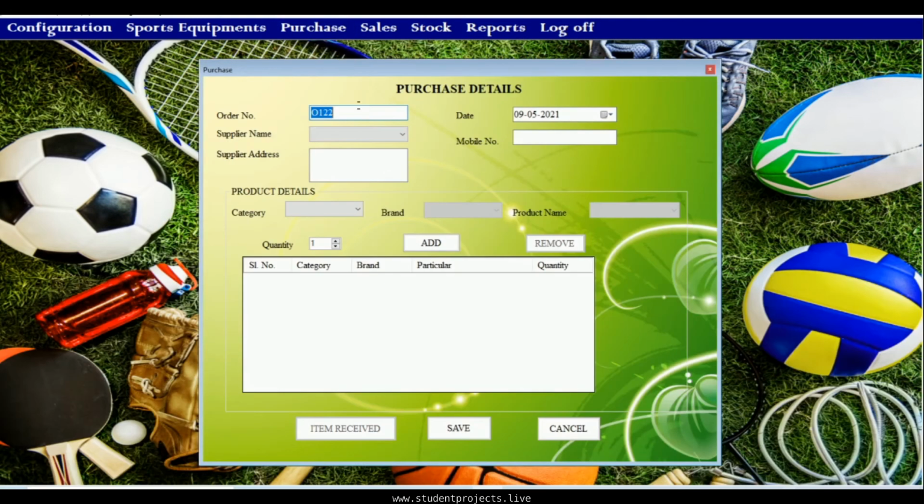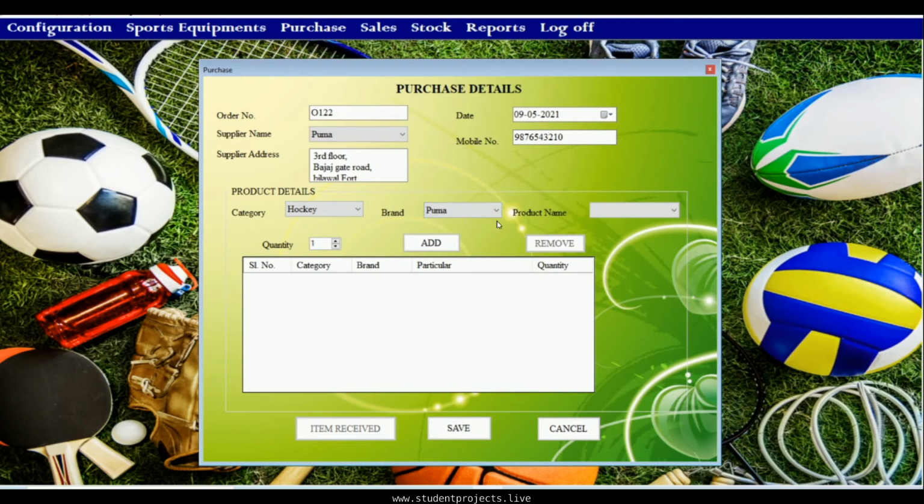Under purchase order, here the admin must enter the order number, then the date of order and the supplier name, that is from which supplier he wants to order the item. While entering the supplier's name, the mobile number and the supplier's address are generated.